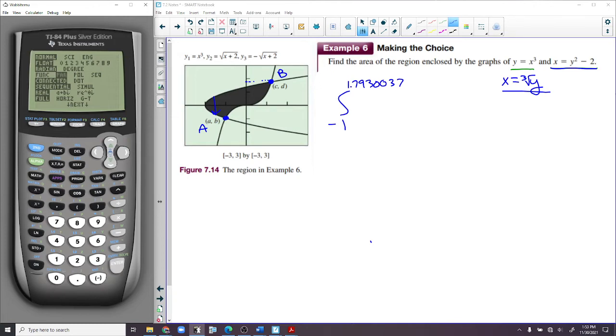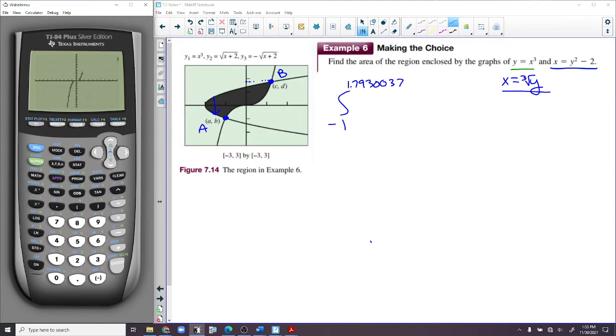If you go to y equals, now it has an x and a y. And these say x equals and x equals. So let's go x equals the third root, math number 4. Third root of, they're parametric, so the parameter is t. Now, the y, we're just going to make t. So that'll get us the first equation, x equals third root of y. Now, the other one is y squared minus 2. So we'll go t squared minus 2. And the y will be t. When we graph it,